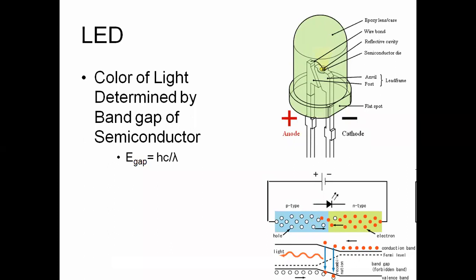The electrons, which are the majority carrier in the N type, will try to cross the barrier, because the external voltage reduces the depletion here. It reduces the barrier, so the electrons can easily move to the P type, and some of the holes, which are the majority carrier, will try to cross into the N type. So at the center of the P type and N type, we form a recombination of electrons and holes, and this recombination